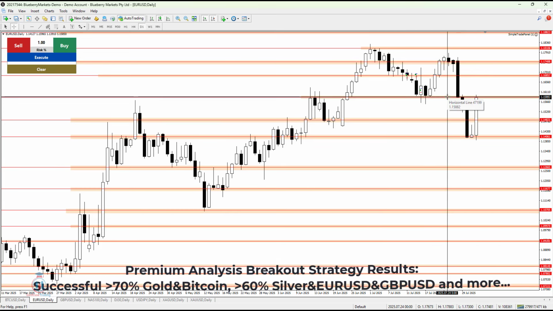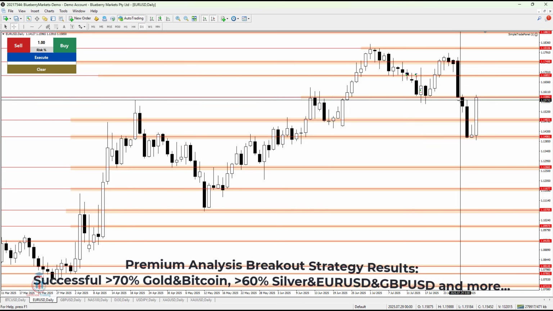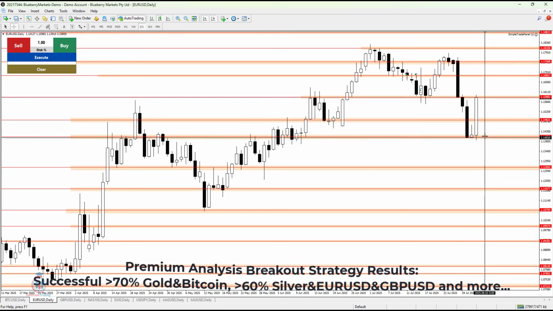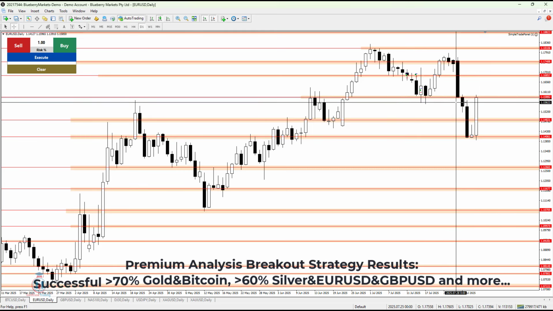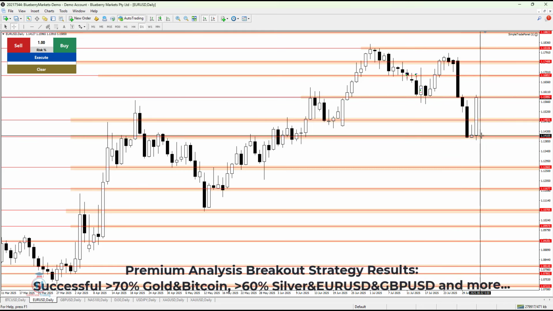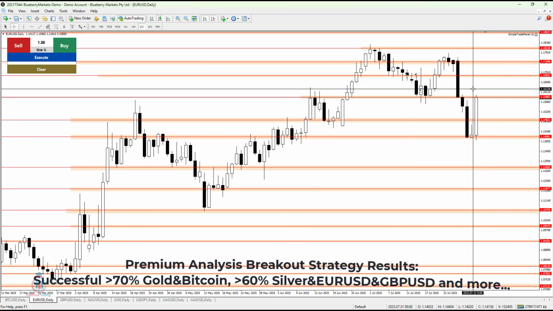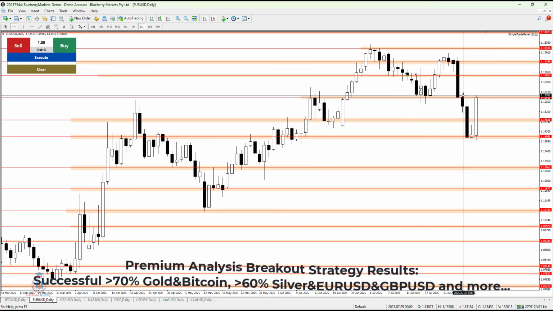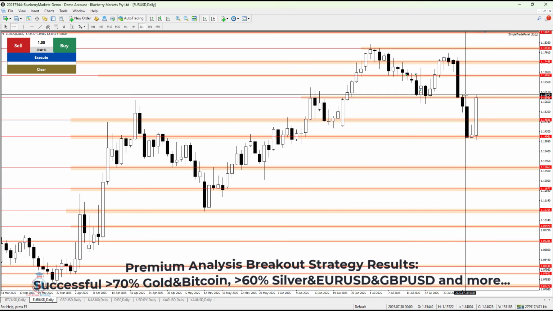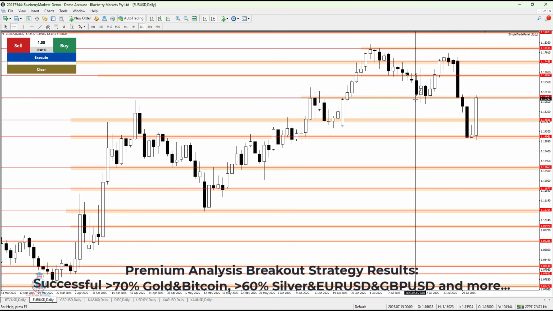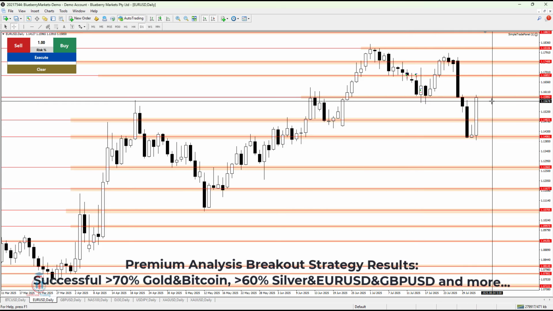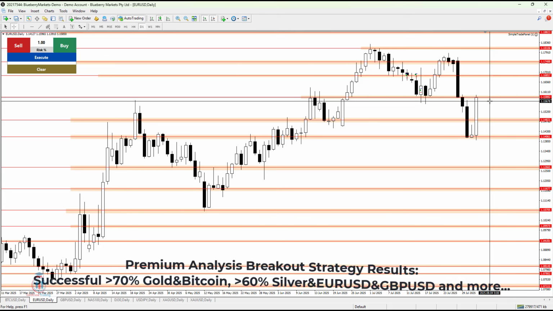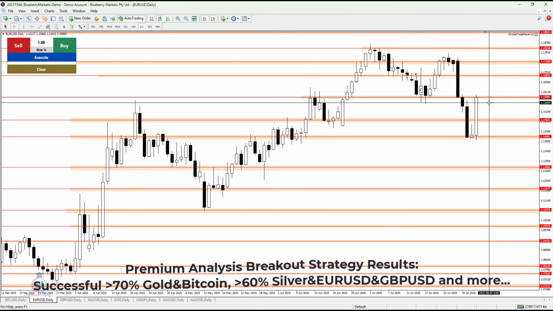So currently it is the best to stay out and wait to see how the price will behave around this area of resistance and this area of support. When the price manages to make a bullish breakout going up or bearish breakout going below, then we could follow the market and enter the market. But currently it is pretty hard to determine, and it's not very clear where the market is heading. So it is the best for me at least to stay out and see how the market will react and where the buyers or sellers will make a breakout.